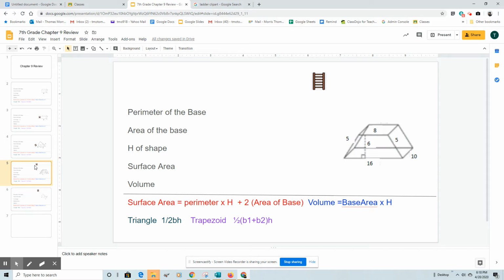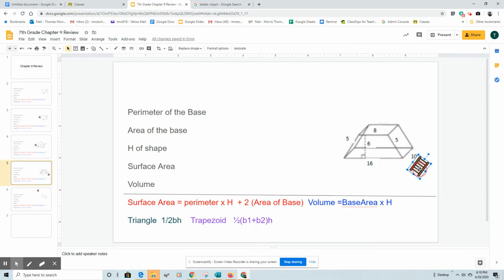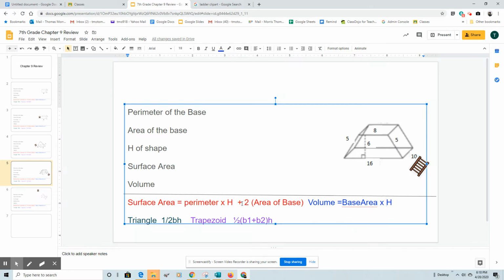Let's take a look here at our trapezoid. So here are the sides. I labeled them here so there's no confusion. Take a look at the 6. That's the height of my base, which is a trapezoid. Now take a look at right here. It's on its side. So that is the height of my shape now, right there. So it's going from the base edge going upward. If this was tilted, the trapezoid would be on its face on the ground, and then it would be going 10 high. So that is your capital H,